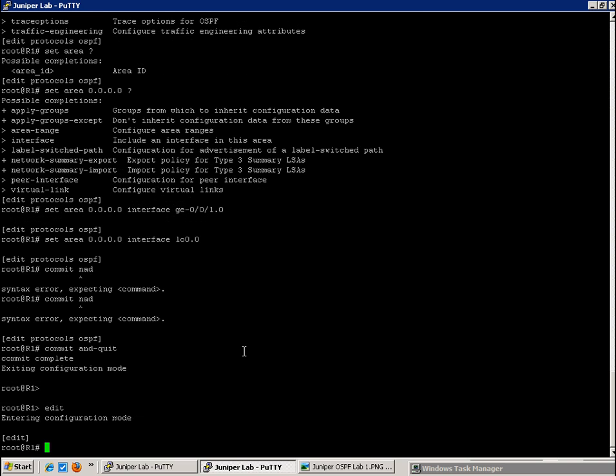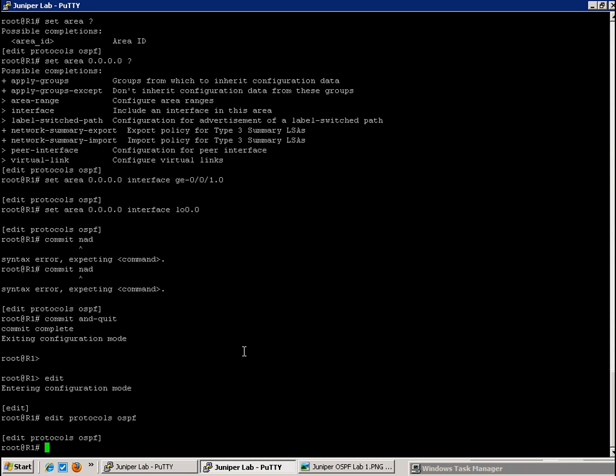With that being said, let's go under R1 again, and we'll set up our trace options on R1. So we'll do Edit Protocols OSPF, and then under the OSPF configuration, we're going to do the command set trace options, and then we'll create our file name for our trace option, which is going to be called OSPF Lab 1, and we'll create a bigger size than default